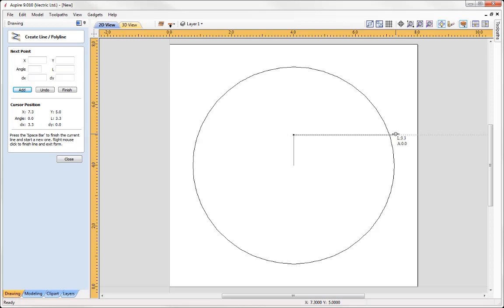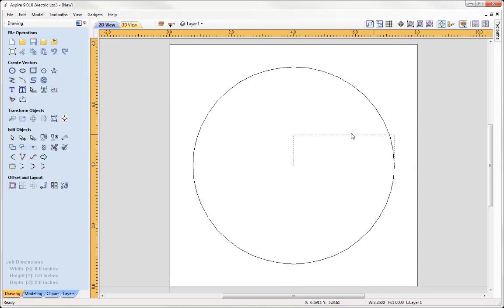I want to make sure that we keep that in line with the outermost right side of my circle. So I'm just going to wake that point up here. I'm just going to go back on myself. You can see I'm just following that line. I've got my snap lines there, so I can click that in place and I know that I'm in line with the right hand side of the circle, and then I can click to finish that so it's in line with my original start point over here. So let's right click to come out there, and here we have a basic cross section,